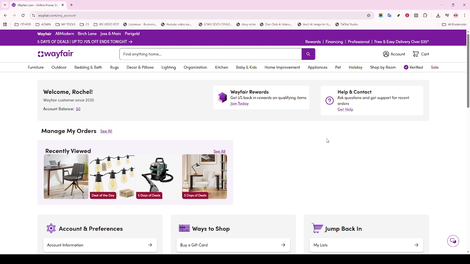By regularly utilizing the seller analytics and reports in your Wayfair dashboard and implementing these strategies, you'll be well on your way to optimizing your business's performance. Remember, the key to success is continual learning and adaptation. The market trends may change, but armed with the right tools and insights,